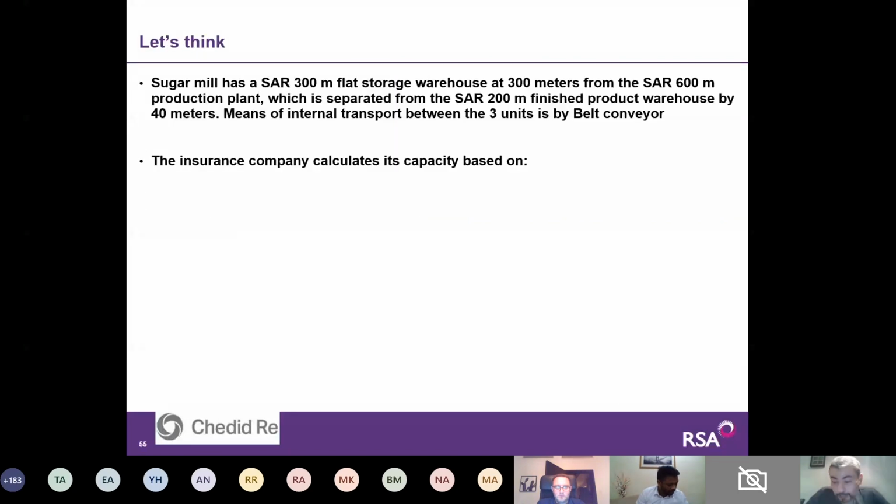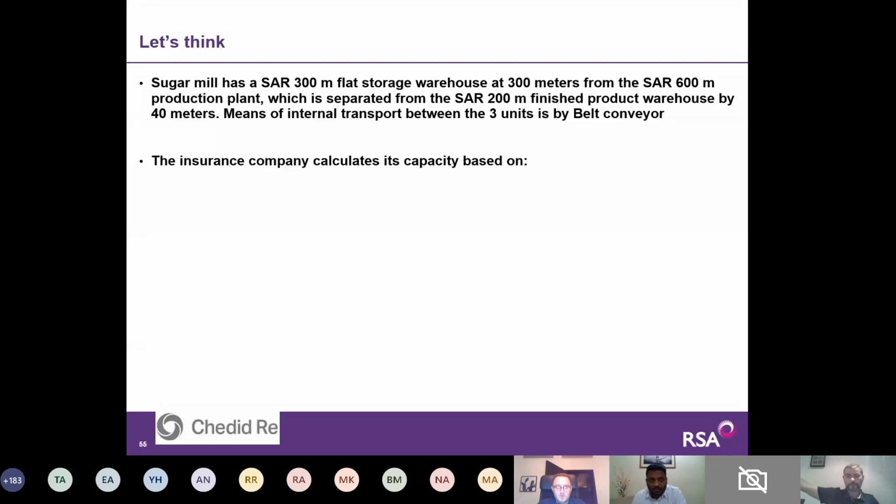Sugar mill. Kalish, I'm answering your question about safe distance in this example. And please unmute, I want some interaction here. The sugar mill has a 300 million flat storage warehouse. They are storing raw sugar in the left corner. It's 300 meters away, very safe from our processing plant. The total sum insured of the processing plant is 600 million Saudi riyals, and it is separated by 200 meters to the left,